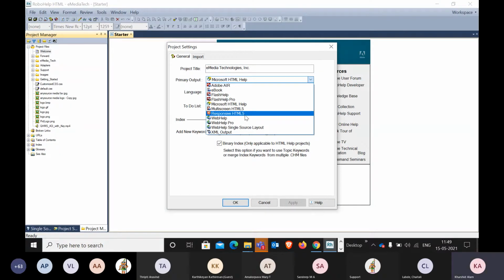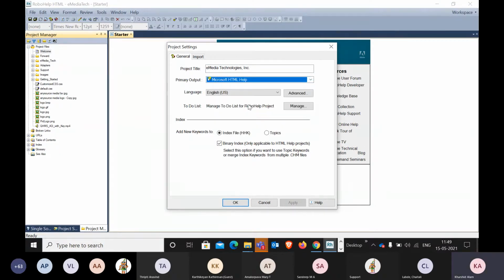The best idea is to keep the basic one you intend to create, like the CHM file, selected here so that by default, whenever you make any changes, save them and then compile, the CHM file will be created all the time if you are not changing the layout.